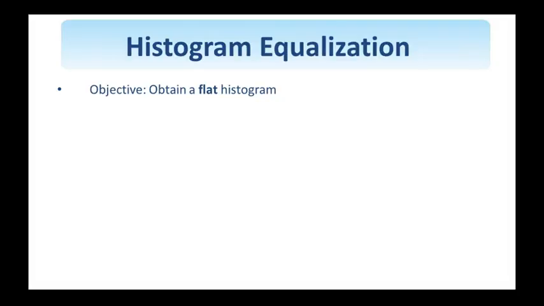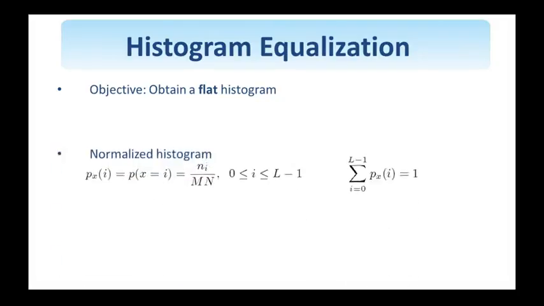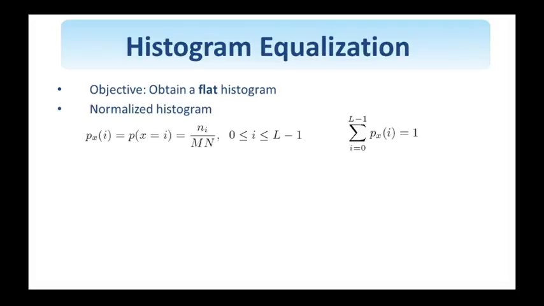Here are the algorithmic steps we have to take towards this objective. The first step is to normalize the histogram. By doing so, as already mentioned, the values of the histogram become probabilities. I changed the notation slightly here. So P_x(I) is the probability that the intensity x is equal to I,